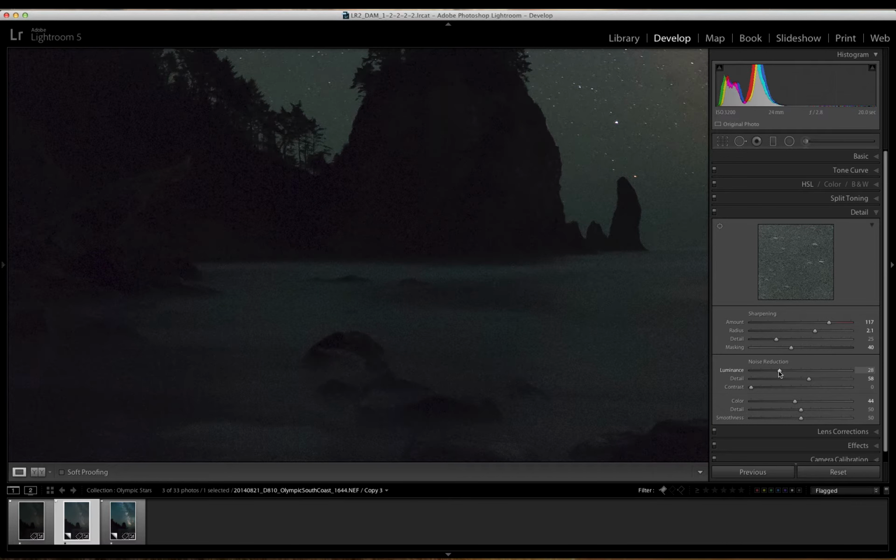I'm gonna Command Z or Control Z to undo that change. Rainbow wheel. There's a lot going on in this D810 image. Even in my Mac Pro with 32 gigs of RAM, things slow down a little bit as you get to this level of editing. And then I've done quite a bit of sharpening to pull detail back after that noise